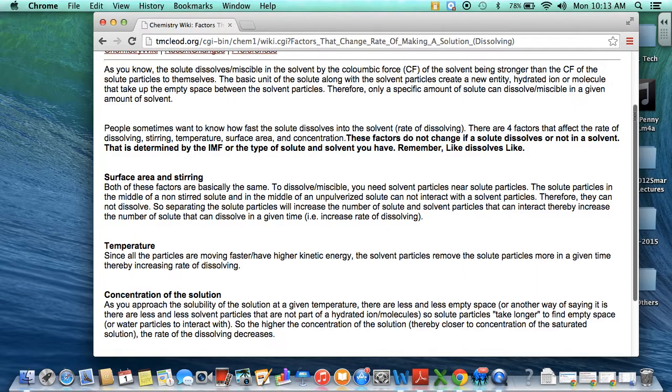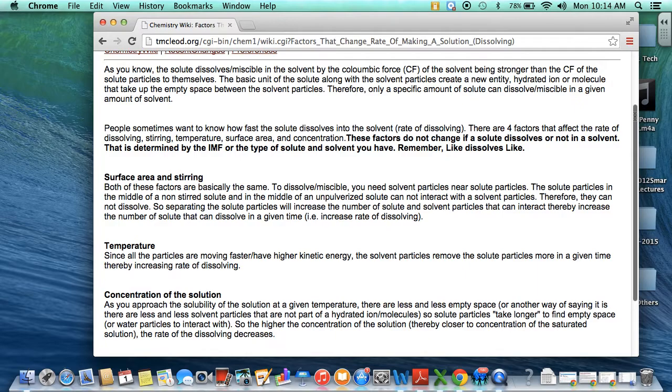Now, surface area and stirring, I lump them together because most people don't. Increasing surface area causes an increase in speed of dissolving, and stirring also causes it. Stirring is not a function of temperature. It's kind of like changing the rate of reactions in kinetics. This is almost identical, and it's all about getting solute particles near the solvent particles,